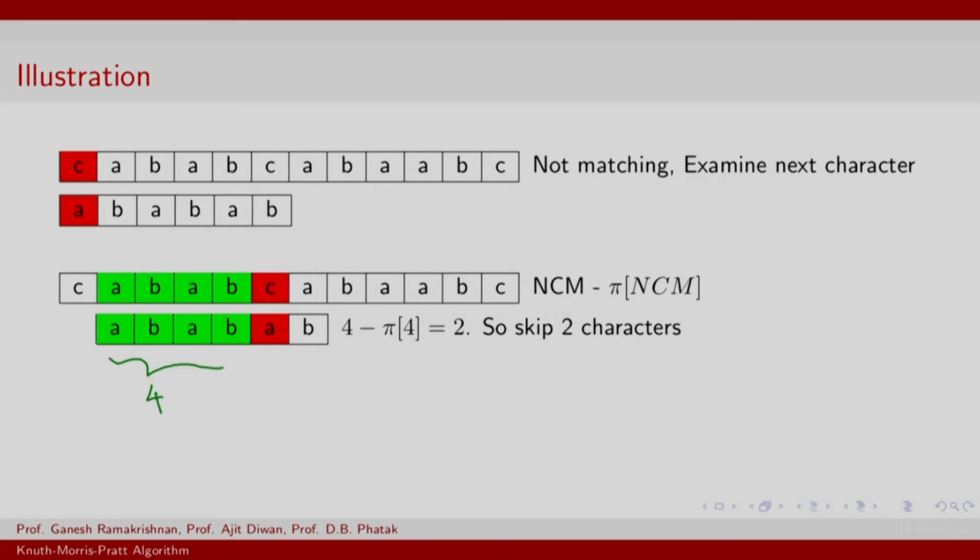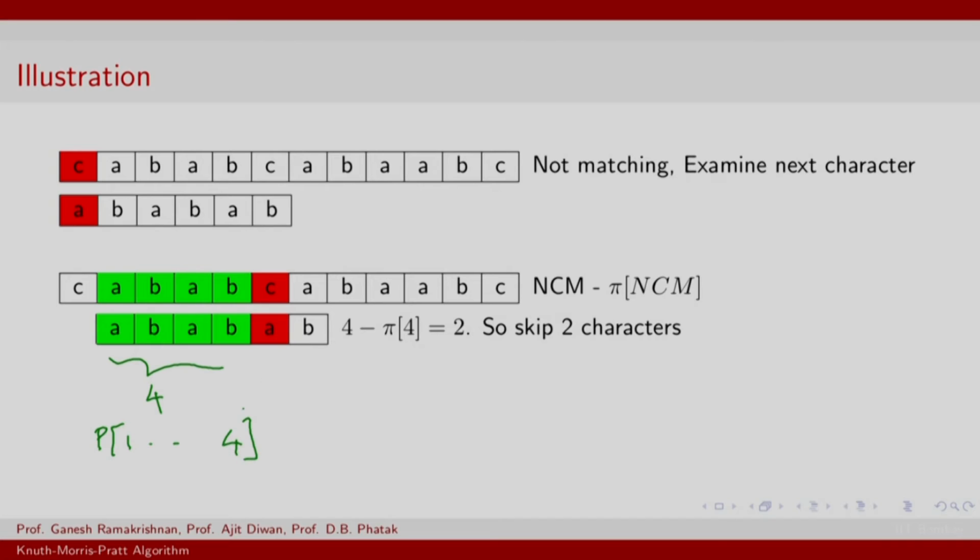What we are going to do now is decide if we need to skip and how much we need to skip. So we look at pi 4, which corresponds to the length of the longest prefix that is a proper suffix of the pattern P1 to 4,